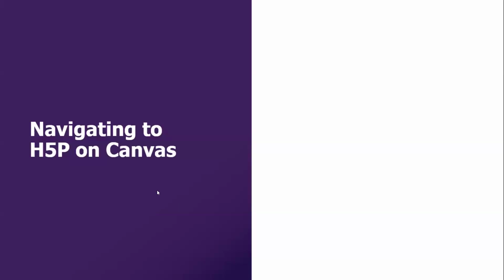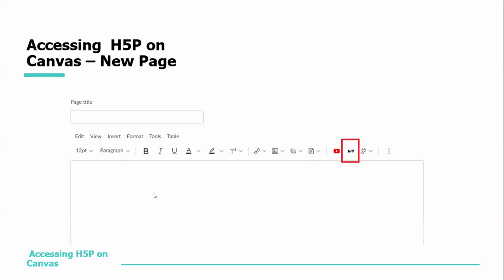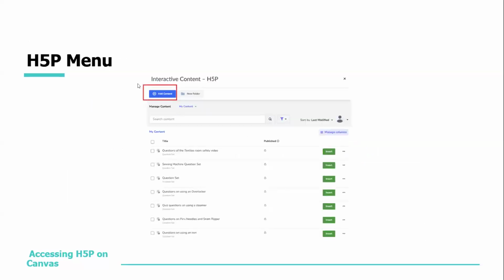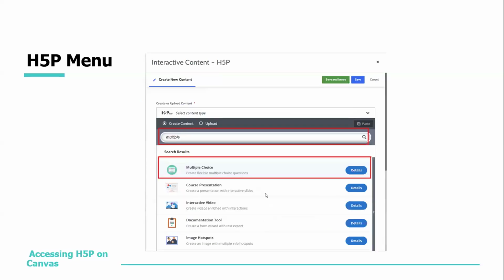So then just navigating to H5P on Canvas. Firstly, if you are creating a brand new page on Canvas, you do that as normal, and then you will see your rich content editor come up here, and you can see the H5P icon is here. Once you select that, the H5P menu pops up, and you just select add content there, and then you are brought into a search bar where you can actually search